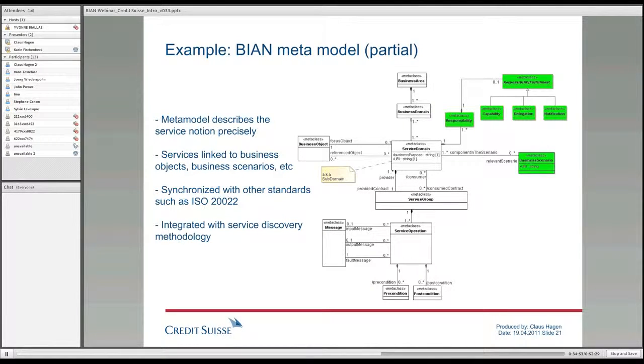And this is a very good framework also for a bank, which helps you as a bank to put your own service landscape against it, to see if you've covered all aspects of banking or if there are areas which you haven't covered yet. And in addition to this service landscape, a third important asset is a methodology for service design and discovery,